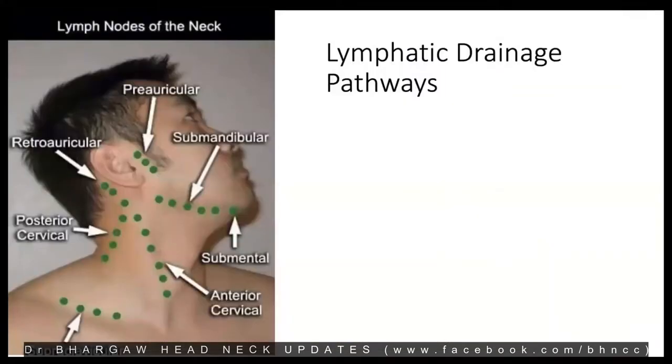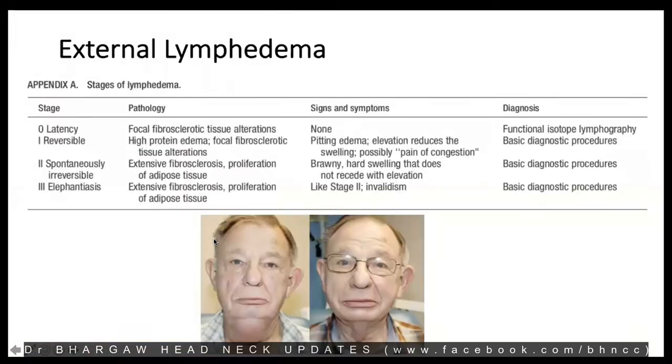So, a note on lymphatic pathways. This is very important, and it has been slowly gaining more importance in recent times. Overall, you can just say that there are three types of lymphatic drainage pathway: the anterior, lateral, and posterior drainage pathways. And post-radiation and post-surgery with adjuvant radiation treatment, patients do get some amount of lymphedema. And if this external lymphedema, which is actually subcutaneous, is prolonged, the same thing happens.